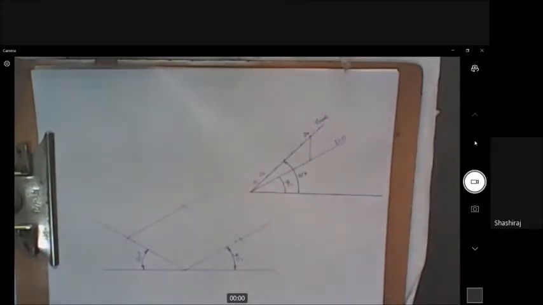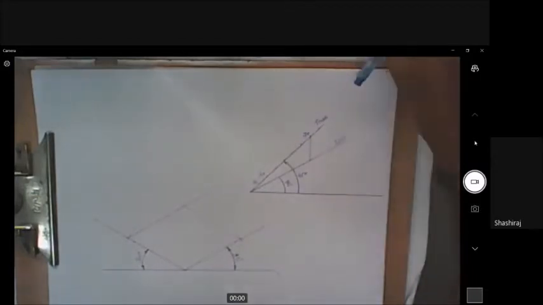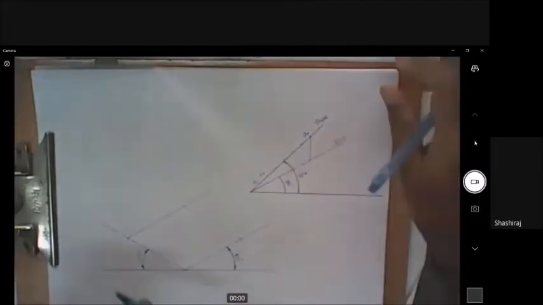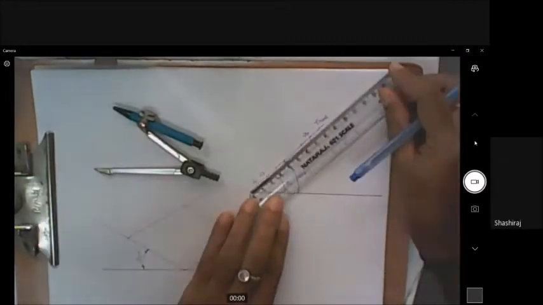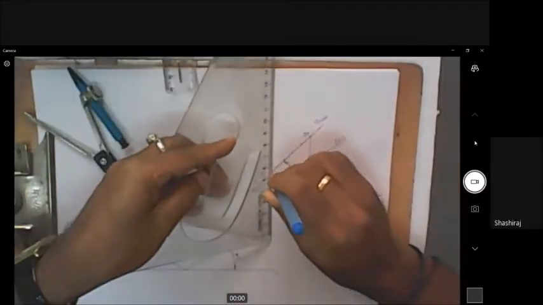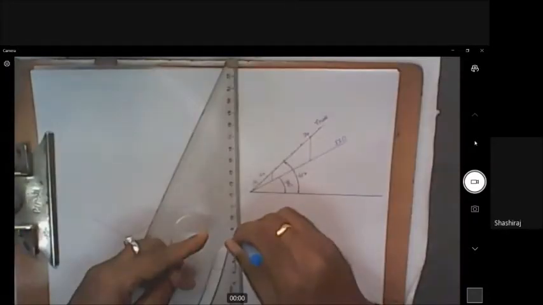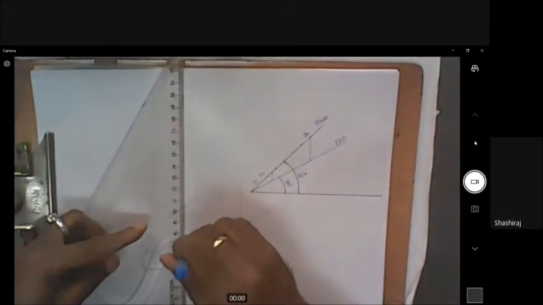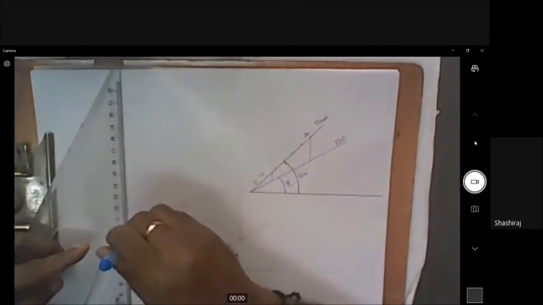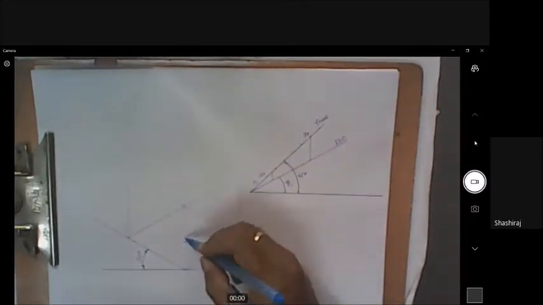The bottom solid is a square prism of size 70 by 70 by 25. 25 is the height. Now I have to give the 25 height for all these, for which again I need to refer to the ISO scale. Measure 25 here. The true scale is here. I'm drawing it approximately here because there is some obstruction. Draw the vertical line. You can draw vertical lines from all these corners. You should observe that the vertical line drawn at this point should pass through this point.